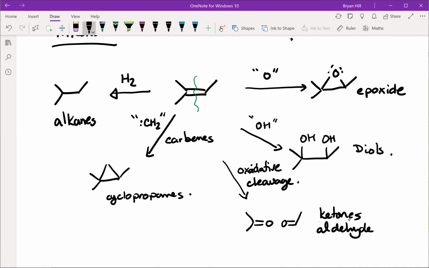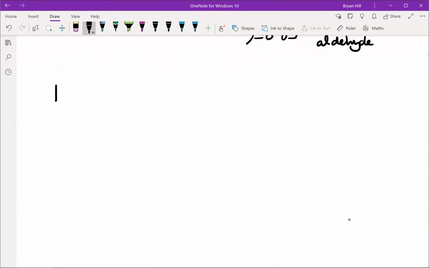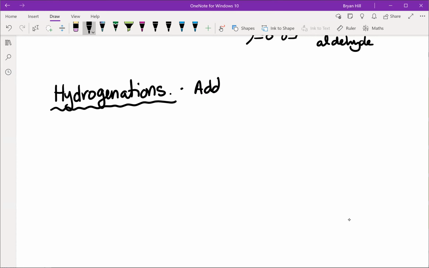So this is basically what we need to do next. Which one shall we do first? Let's do hydrogenations. I think that would be the best. So this is the addition of H2, the addition of molecular hydrogen. And on the surface, this reaction doesn't seem that interesting because what we would have is,